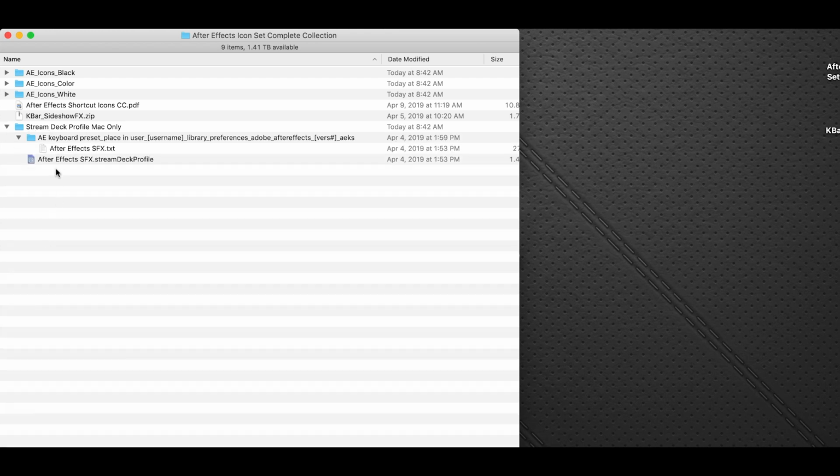It's for those of you who are using a Stream Deck device. These icon sets were originally created to be used with Stream Deck, but their uses can go beyond that, which I'll show you in a second. So for Stream Deck users on a Mac,